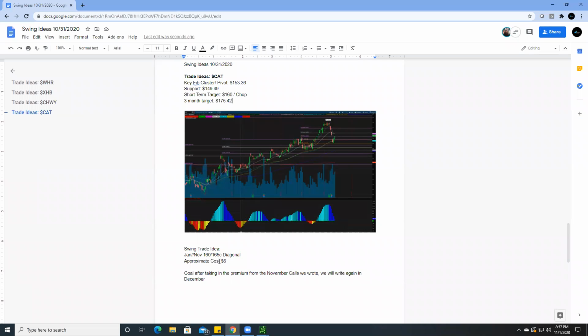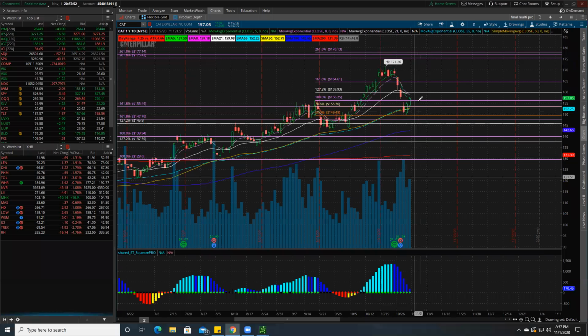Now you're going to say $6. Well, the reason it's 6 instead of maybe 4 or even 3 and change is because we're using the Januaries and we're making a diagonal, not a calendar. Because I do think this thing really has room to move. I was a little worried that it might move quicker in case we get a quick spending bill. So I didn't want to use a calendar on this in case, you know, whoever the president is gets elected,